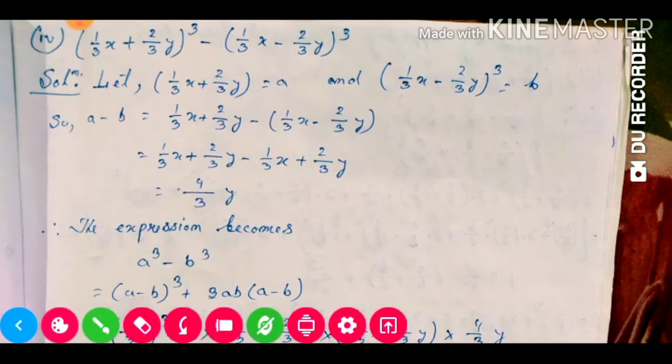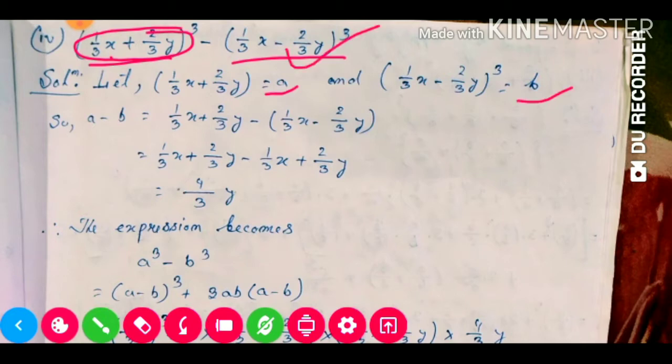11, 4. See, it is given same like before. So this one we will consider as our A, because x and y are given, so we are not able to consider them separately. We will consider this one as our A and this portion is our B. In between, what sign is there? Our minus sign. So we'll do A minus B.